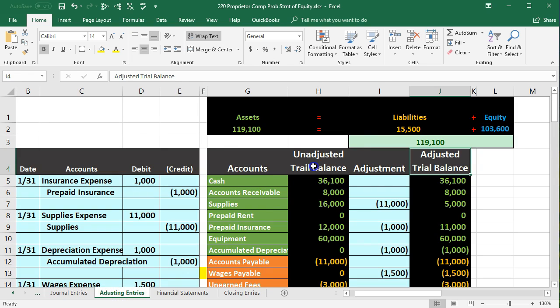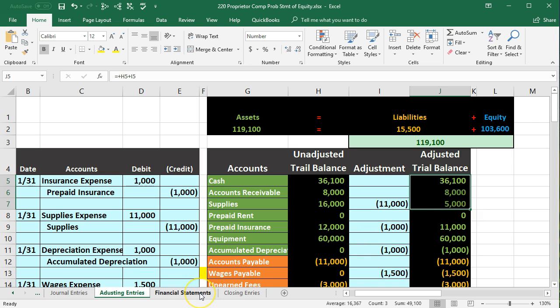We take those numbers and now call it the unadjusted trial balance, entering our adjusting entries here to get to the adjusted trial balance, that trial balance which has the entries to make it as close to an adjusted trial balance on an accrual basis as possible, meaning our numbers are as accurate as possible on an accrual basis so that we can then be using them to create the financial statements, which of course is our next step,